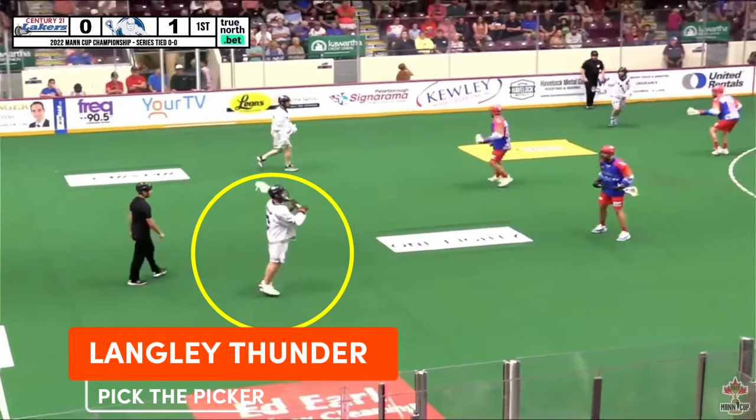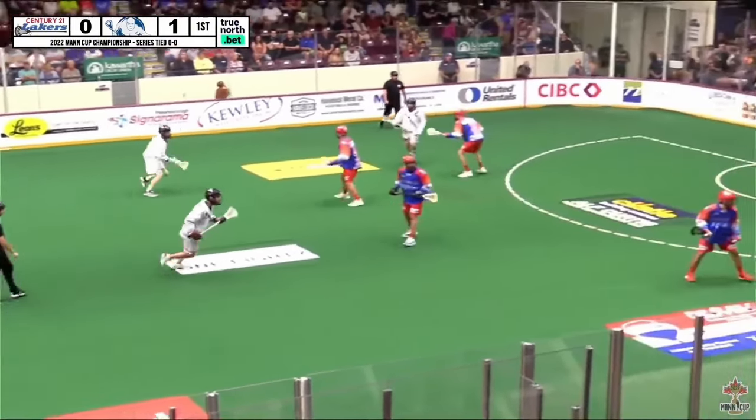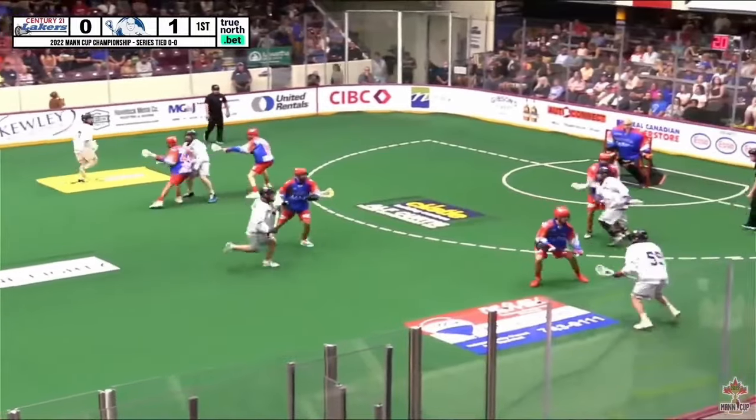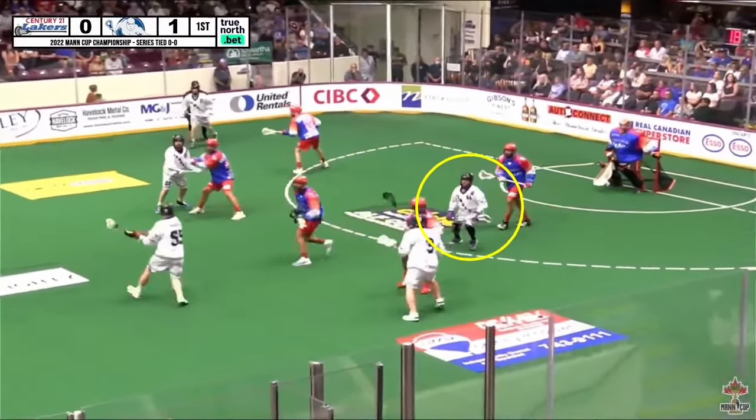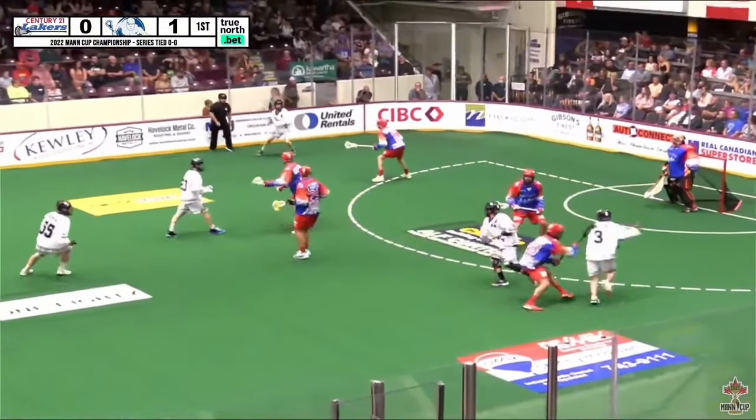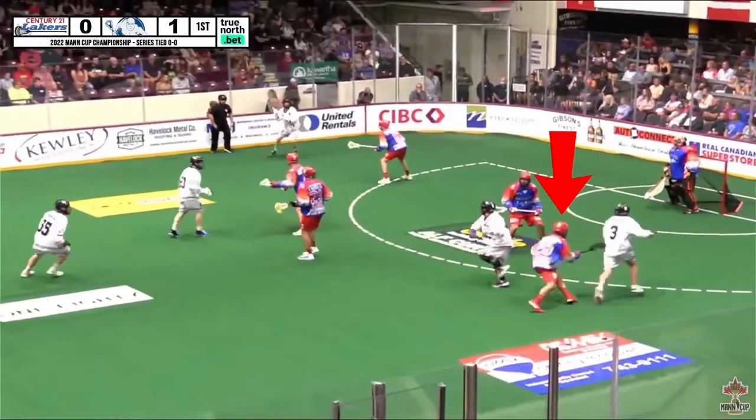Ball starts up top with this offenseman here. We're strong side left. He's going to pass the ball off and immediately go set an on-ball pick. We carry over top, and now watch this offenseman right here. He sets an up pick on this defender, the defender that just got picked, hence the name, Pick the Picker,